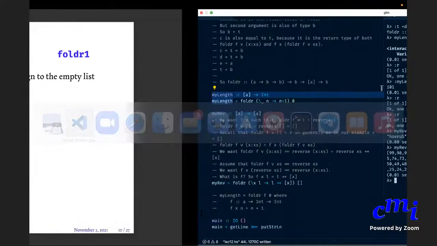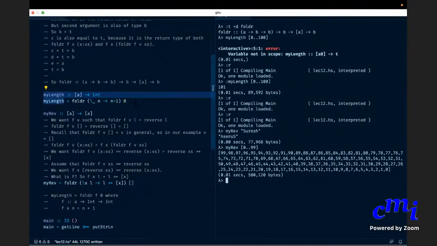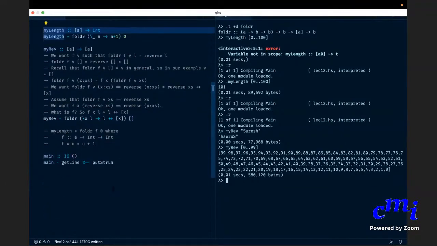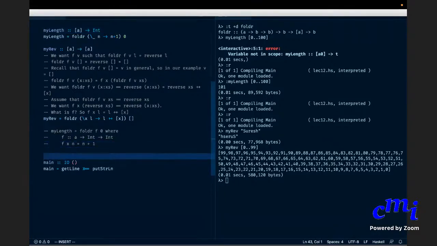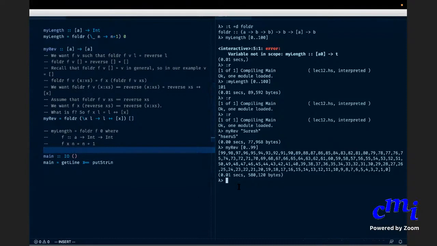Sometimes you don't have, so for sum, product, etc., you have an initial value for the empty list, but sometimes you might not have a meaningful initial value. For instance, there is a function called max.